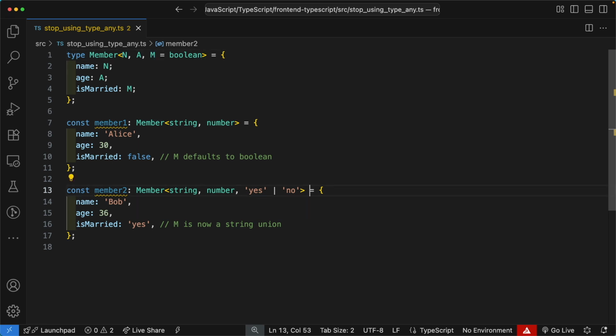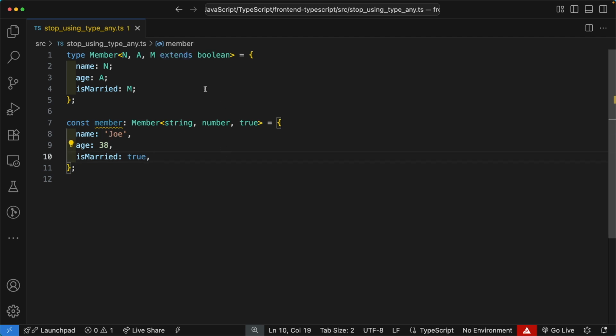Generics are also flexible enough for me to reuse this pattern to have a union type, as you can see here on line 13. So now the marital status can either be a Boolean or a string. We can also restrict the marital status to only being true or false. Now, some developers will see the extends keyword on a type and go,